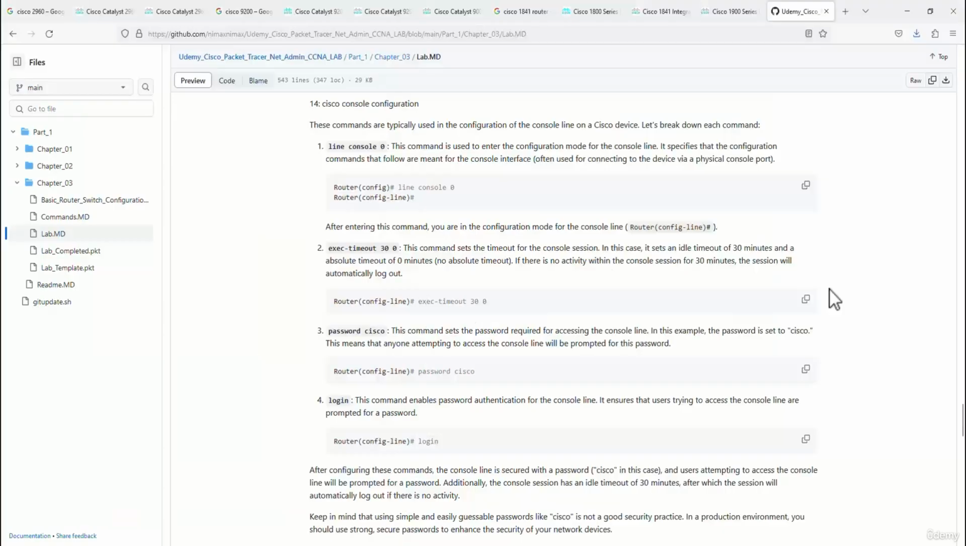Okay, number 14, Cisco console configuration. These commands are typically used in the configuration of the console line on a Cisco device. For Cisco console configuration, we have some different commands that we should know about. Line console 0, exec timeout, for instance, 30 minutes, and password Cisco, obviously it should be a stronger password, and